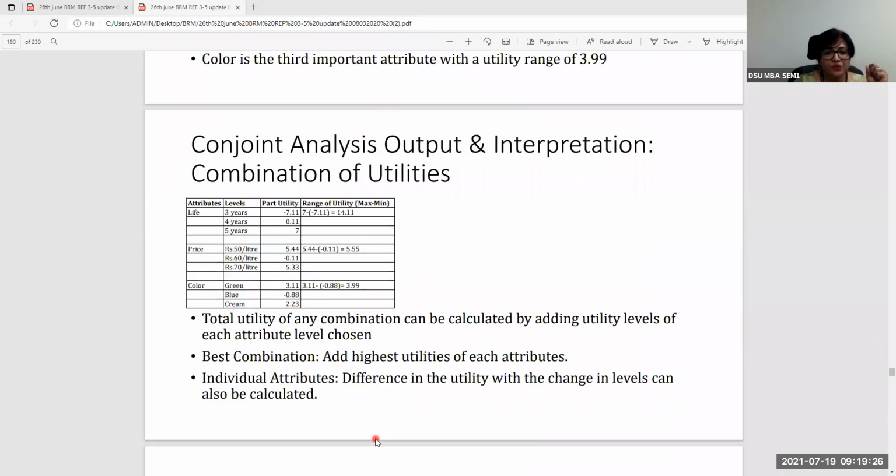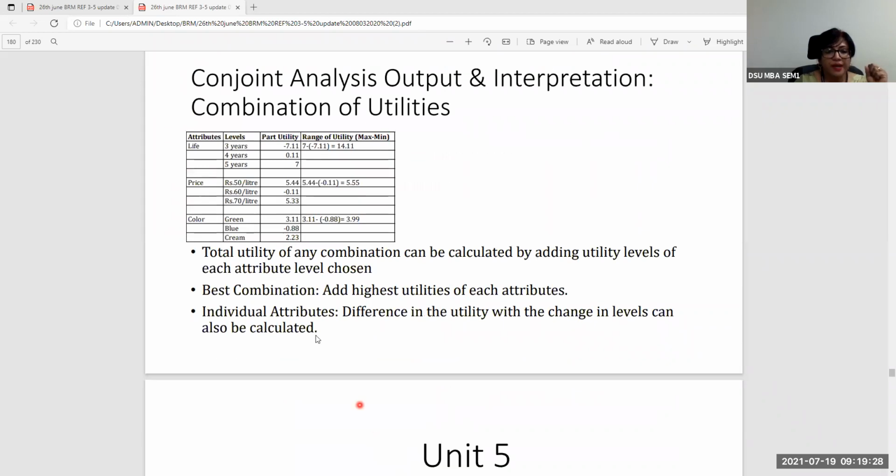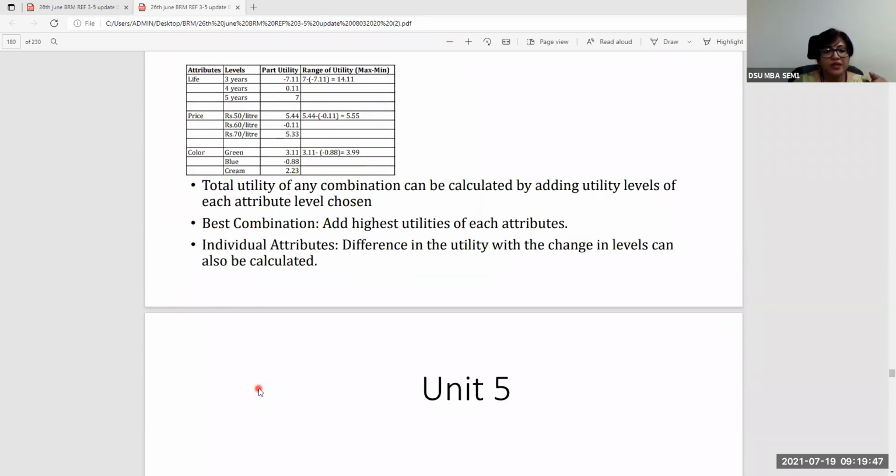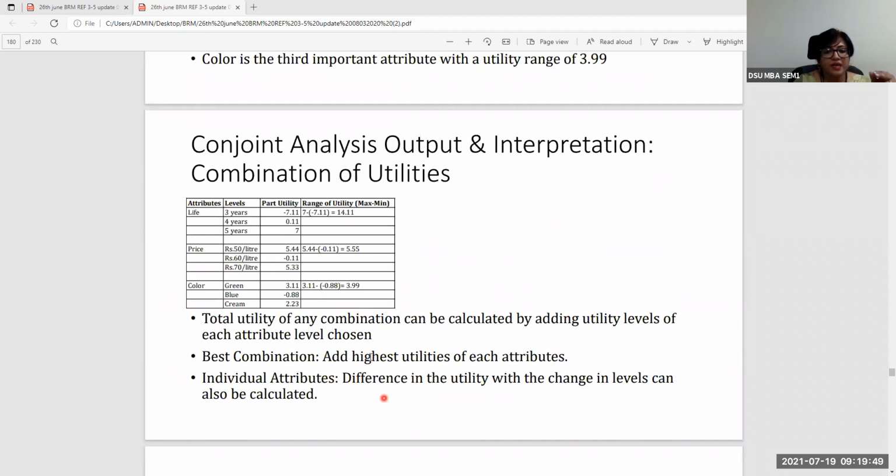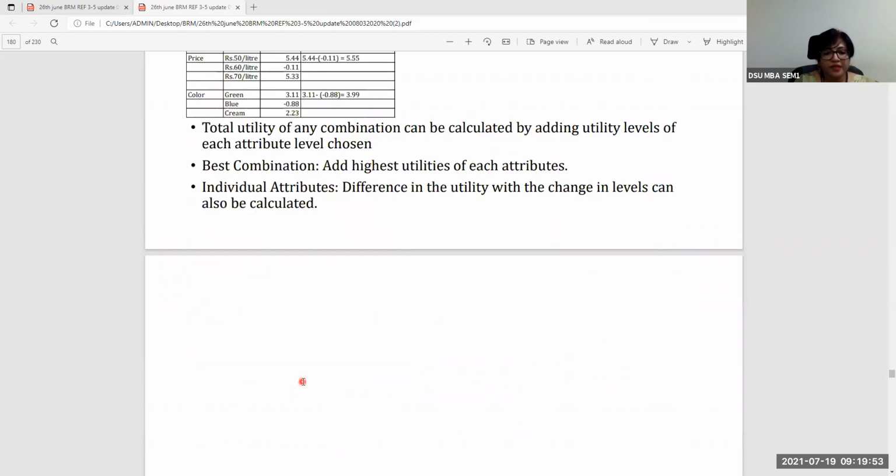So in effect, you will combine the utility. The total utility of any combination can be calculated by adding the utility levels of each attribute level chosen, which is what we did here. We are calculating the entire attributes here. The best combination would be to add the highest utilities of each attribute. And for individual attributes, you could find out what is the difference in the utility with the changes in the levels. This also can be